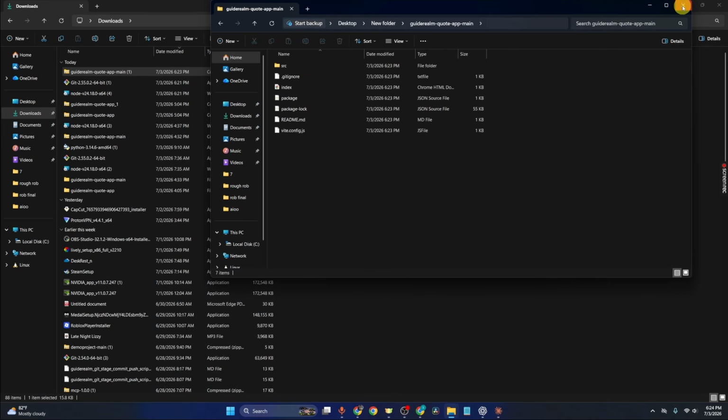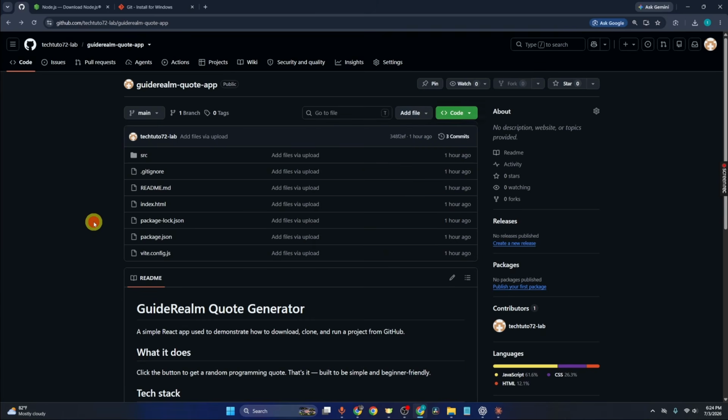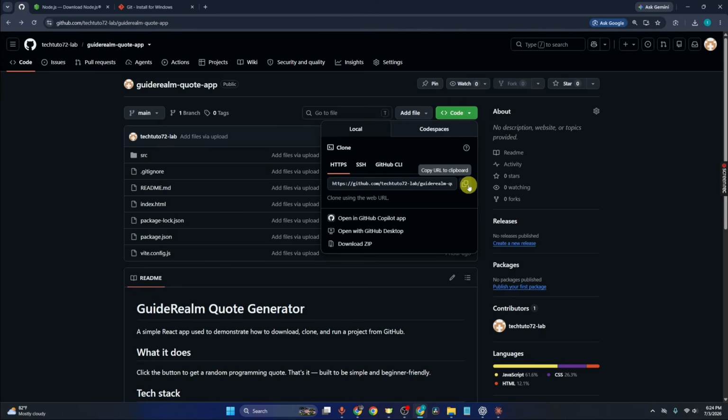Now let's look at the second method, which is cloning. For cloning, you will need Git installed. So that's why we installed Git earlier. Once you have Git installed, just go to the code dropdown and click on copy URL to clipboard for